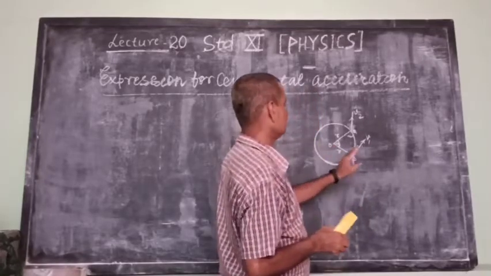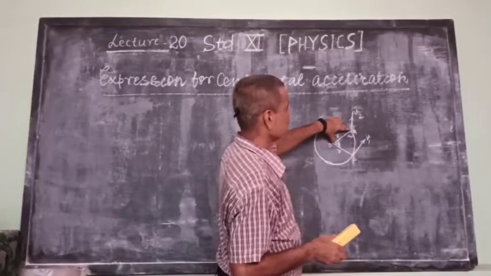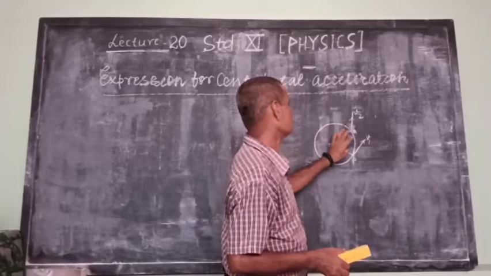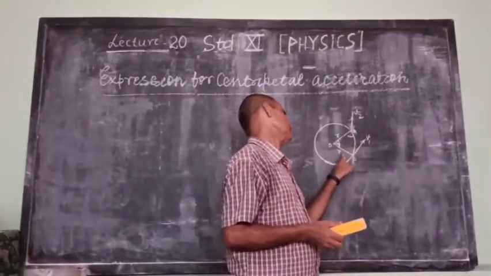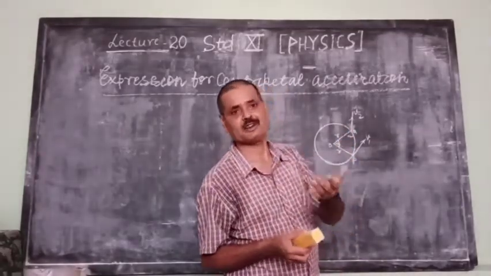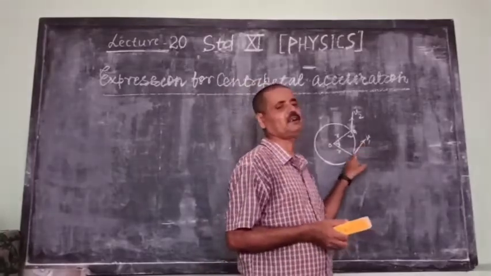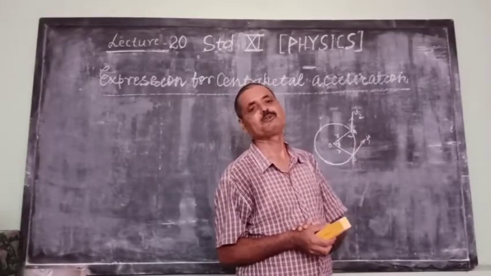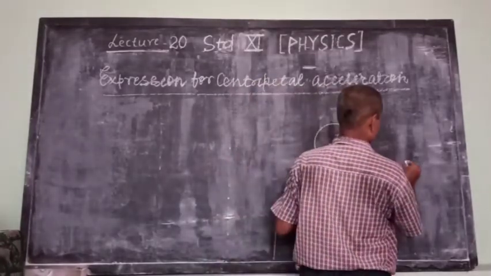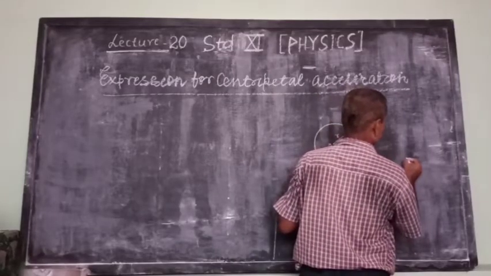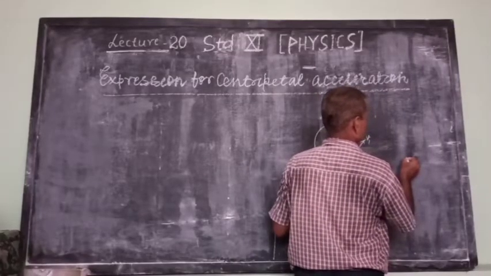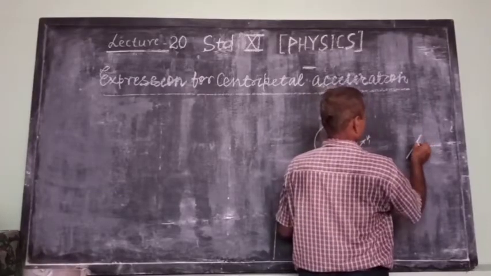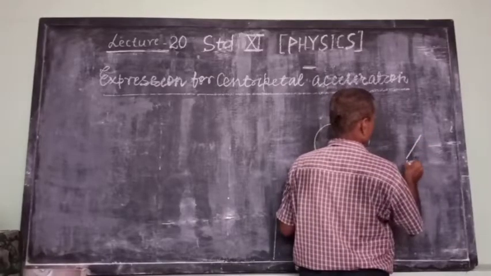Now just add R, that is called the radius. This is the center, so these 2 distances will be the same. So these 2 distances are equal to the radius, and the velocity of the particle at points P and Q is denoted by V1 and V2. Just I am considering this point here, and we draw this. Suppose this is point A and this is B.